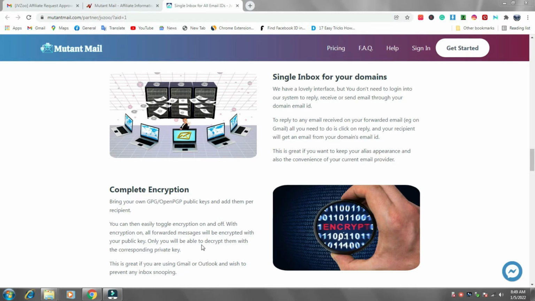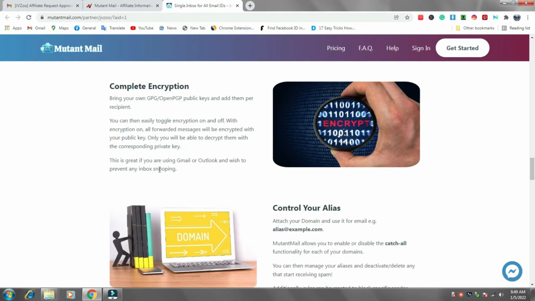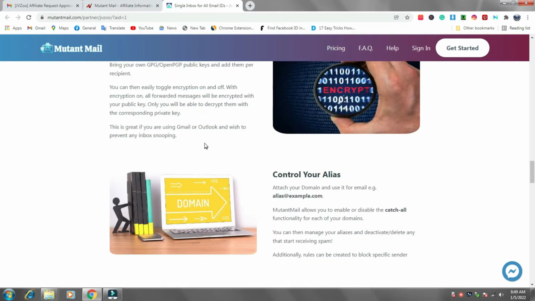Only you will be able to decrypt them with the corresponding private key. This is great if you are using Gmail or Outlook and wish to prevent any inbox snooping.